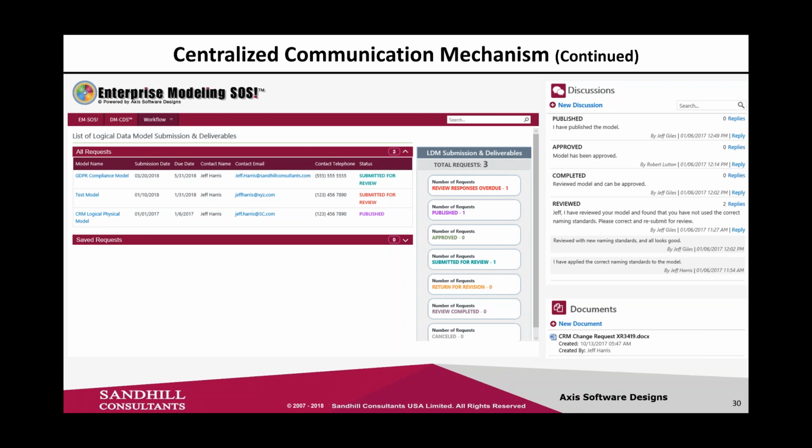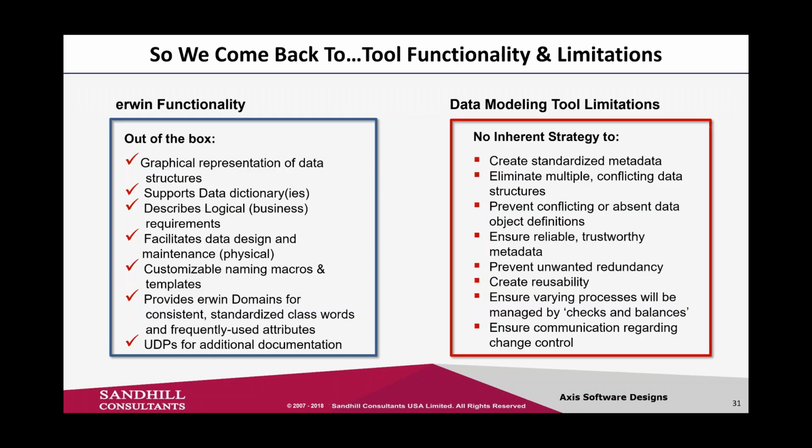Using the full breadth of the workflow engine, as you can see, there's a lot of communication going on. We can have discussions. We can even attach documents. So if you've got a specific document that needs to be attached to the workflow, for example a change request, all of that can be input into the EM-SOS system. Through that, we've got a very powerful engine to deal with this. To take us to the next step, I'm going to hand back to Robert, and he can close off the presentation for us.